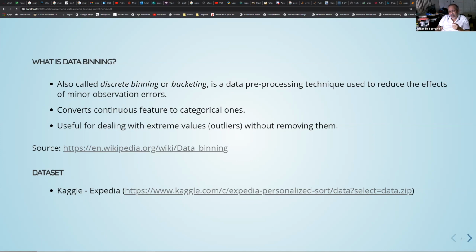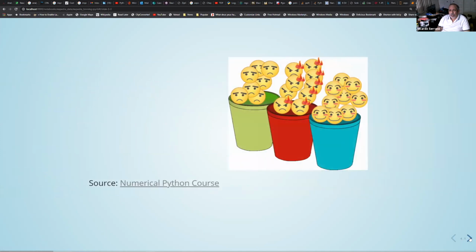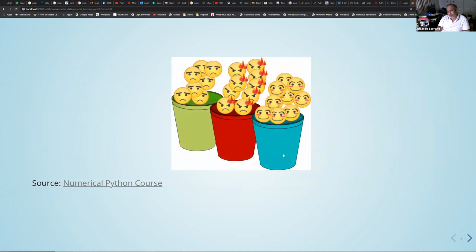This is a middle-sized data set from Expedia, from a competition done back in 2013, with around 10 million rows. It is fairly large, and it will give you an idea of how much time each of these techniques takes.